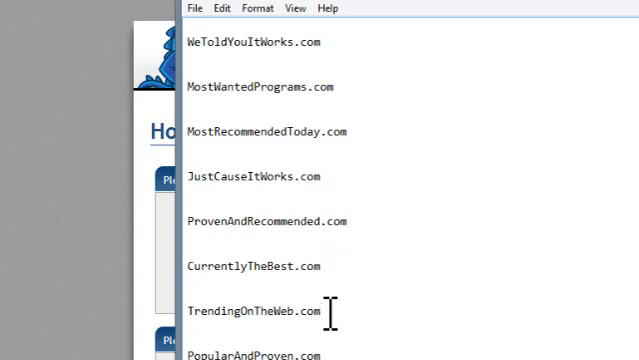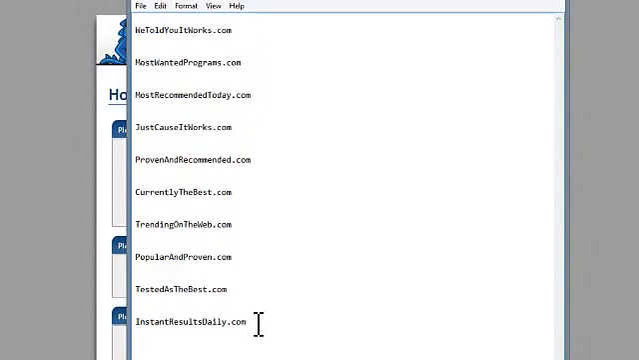TrendingOnTheWeb.com. That might work well because it'll make people think that that's what's popular and trending right now. PopularAndProven.com. TestedAsTheBest.com. So you could have TestedAsTheBest.com/fatlossfactor, and they're going to think this is proven and tested to be the best. InstantResultsDaily.com/makemoney. That'll work. So, to reiterate what I'm saying, you need a generic domain that can apply to any category